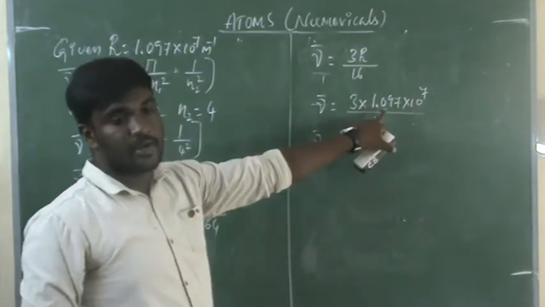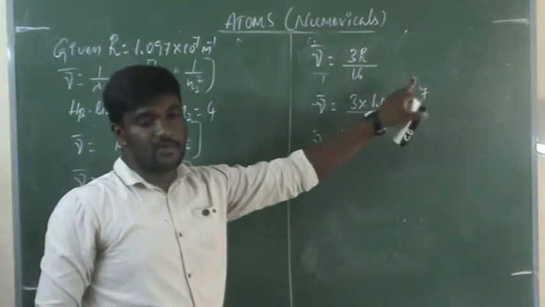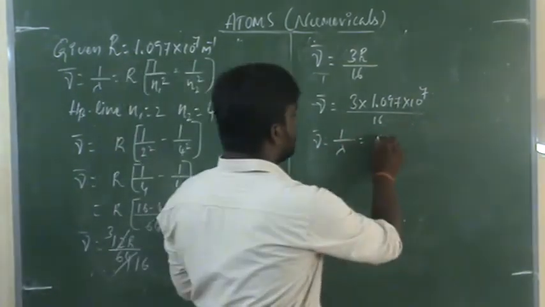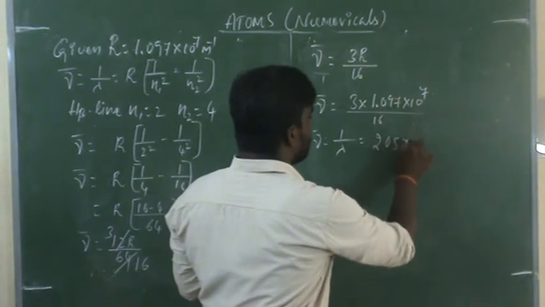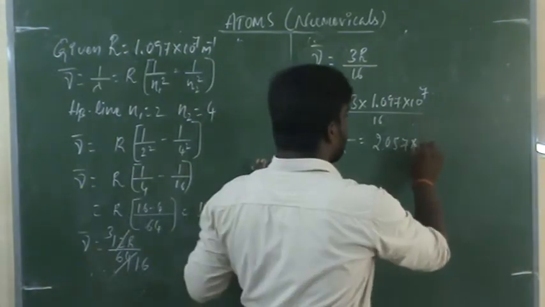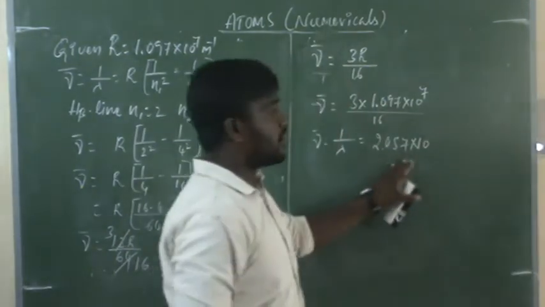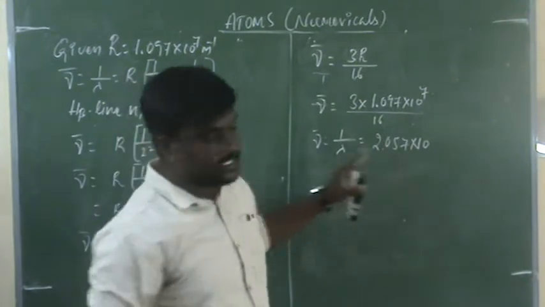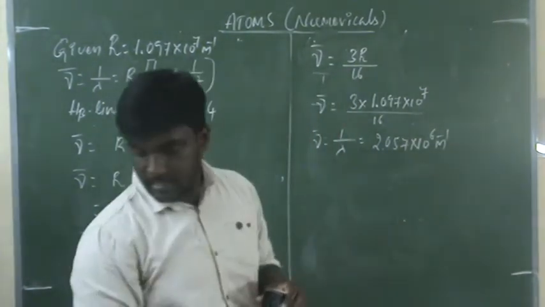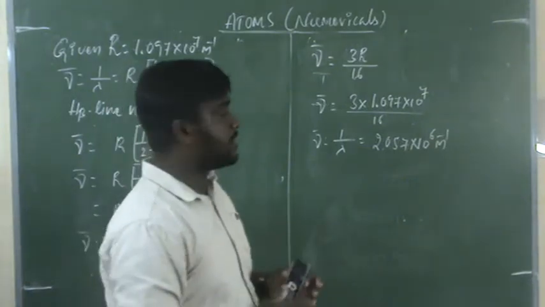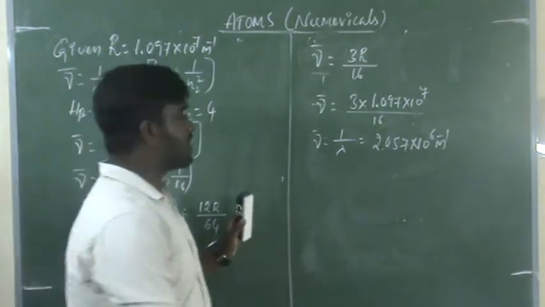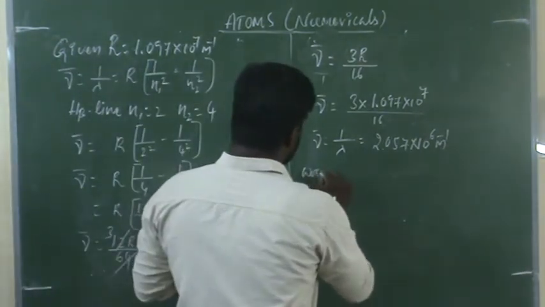3 into 1.097 into 10 to the power of 7 divided by 16 means 2.057 into 10 to the power of 6 per meter. Clear? So next, if they ask for wavelength,